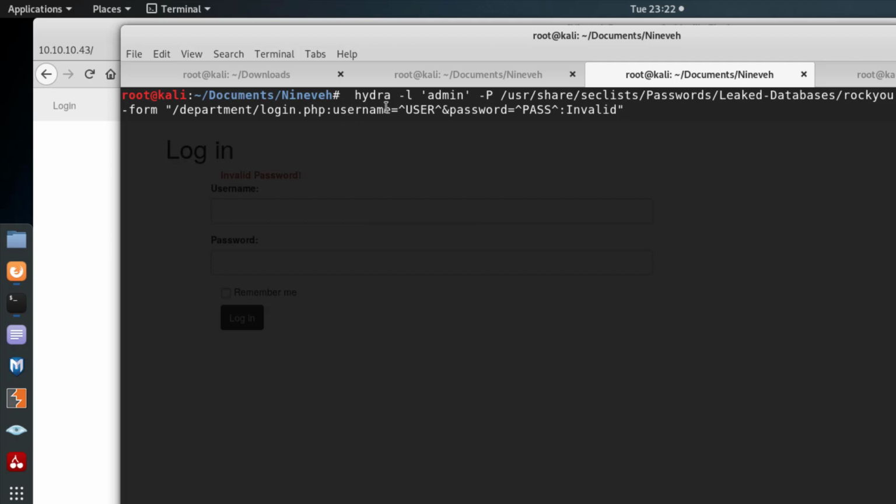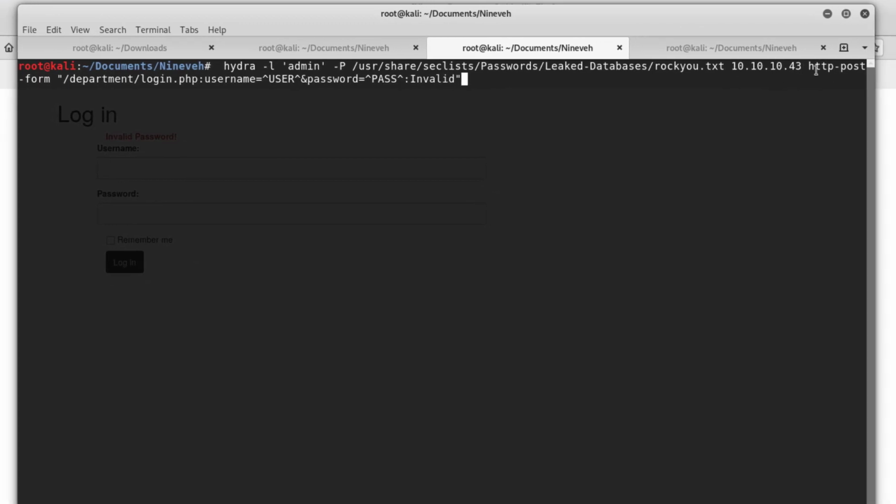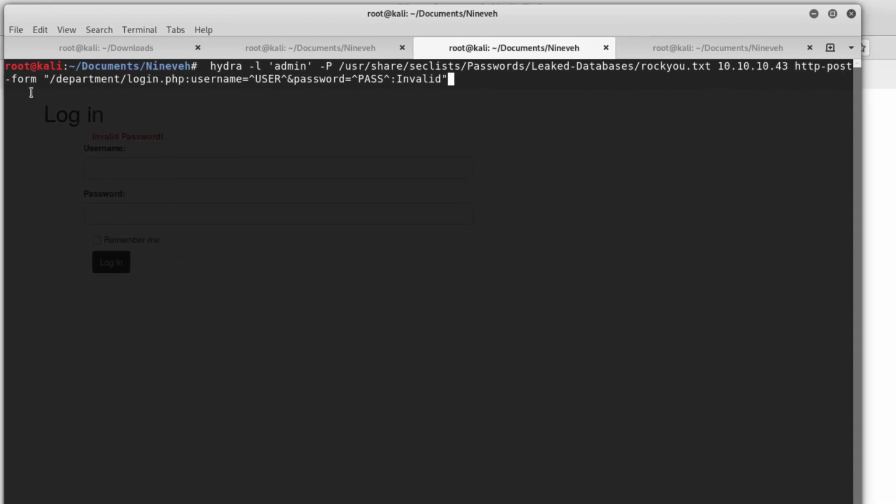You can run man Hydra if you want, but we're running Hydra against admin, and the password list that we're using is rockyou.txt. It's in the SecLists. You have to unzip that if it's still zipped for you. And this is the IP address of our target, and we want an HTTP post on a form, and this is the form department. And to find out what it says